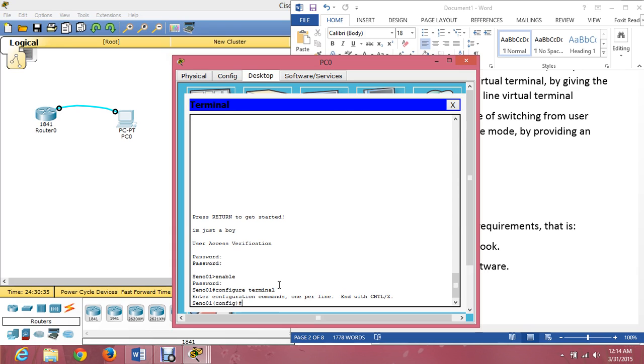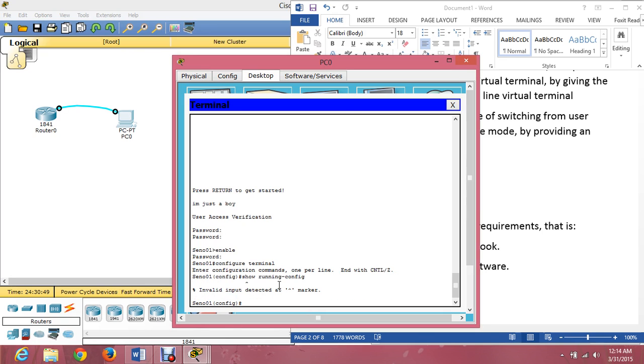And to check the configuration, we just type show space running-config. Enter. It's an invalid command. I tricked you guys.